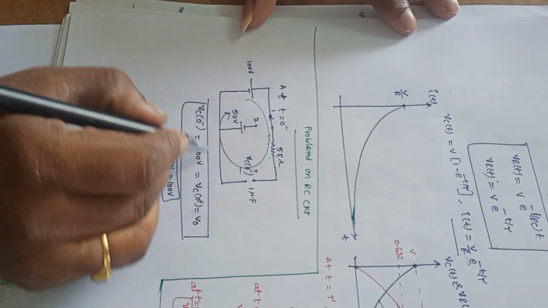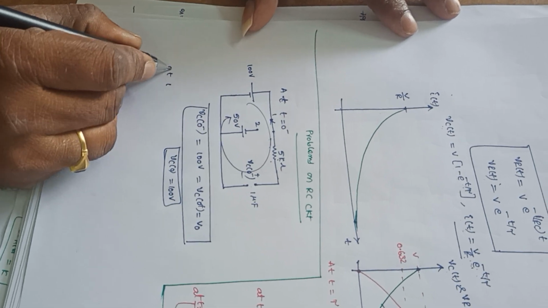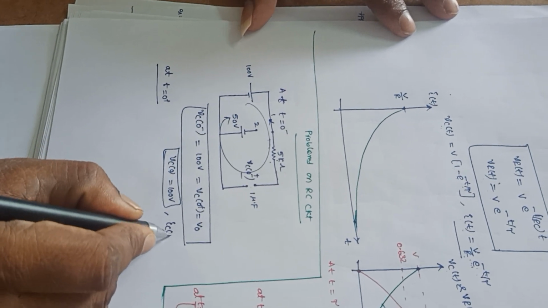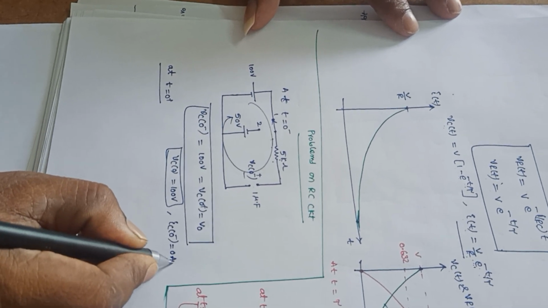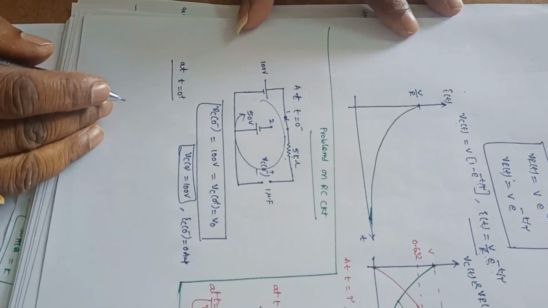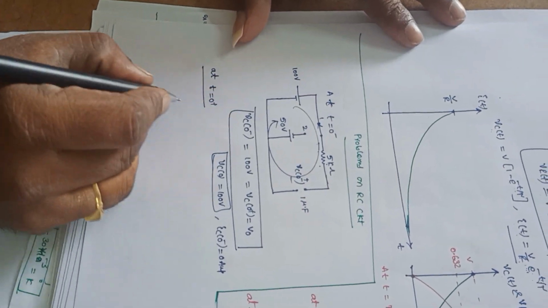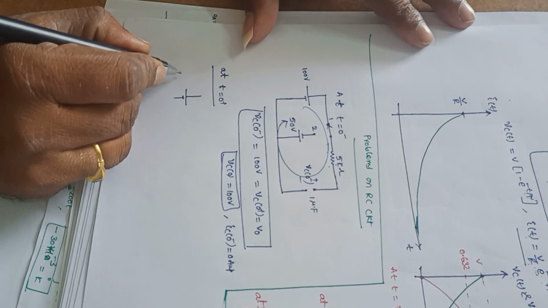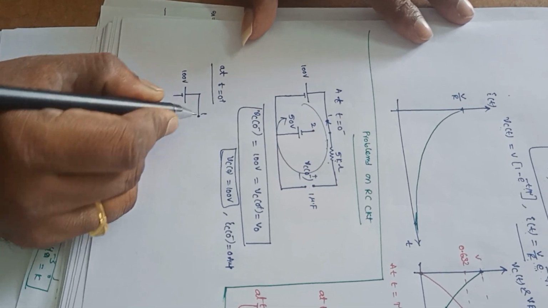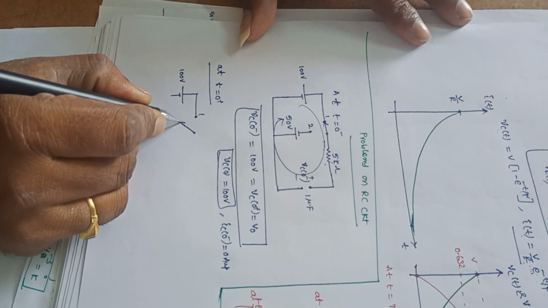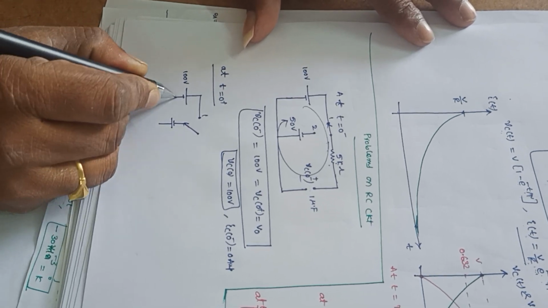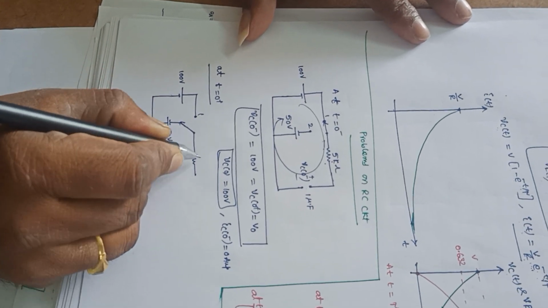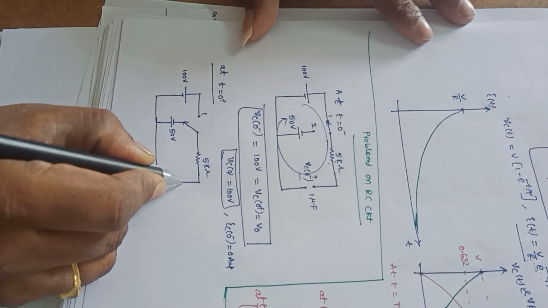Now at t is equal to 0 plus, also find the value of current Ic of 0 minus. Ic of 0 minus is equal to 0 amperes. No current is flowing because it is open circuited. Now at t is equal to 0 plus, this switch is moved from position 1 to position 2. So it is 100 volts, position 1 switch. Now this switch is moved to position 2 at t is equal to 0 plus. So this value is 50 volts, and here it is 5 kilo ohm, and this capacitor at t is